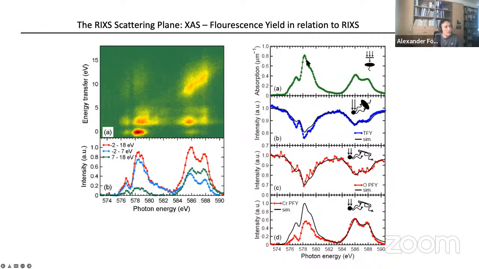And we get the number of photons hitting an absorber. And out of that, with a correct normalization, we can get the atomic cross-section of absorption taking place in the material. Often this is hard to do because you have a thick sample, it's bulk, whatever, and you have to measure fluorescence here. Fluorescence yield is tricky because in fluorescence yield, you measure not only the absorption, but also the penetration depth. And because the light coming in has more energy than the light coming out, there is often a mismatch between this ideal situation. And in the worst case, this can lead to a complete reversal of the spectrum,